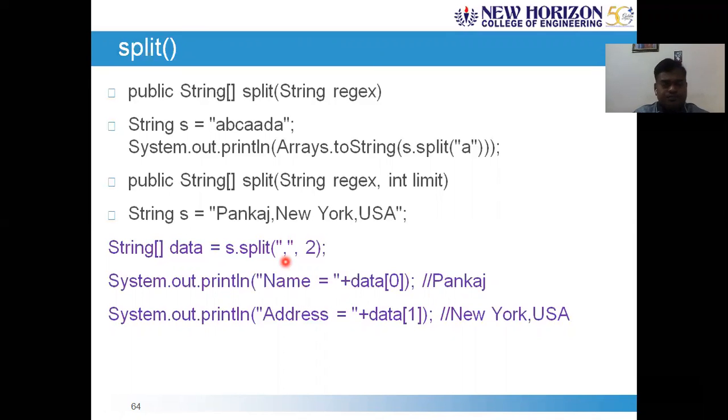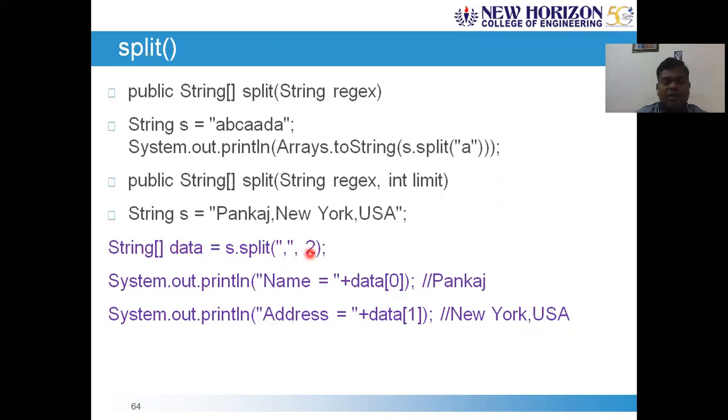and the second argument, 2, is used in order to limit the number of substrings. I am limiting myself to the creation of two substrings. If the second argument is not given, and if there are 10 strings that meet this criteria of the separator, 10 strings will be created and written as an array of strings with a variable name as data.